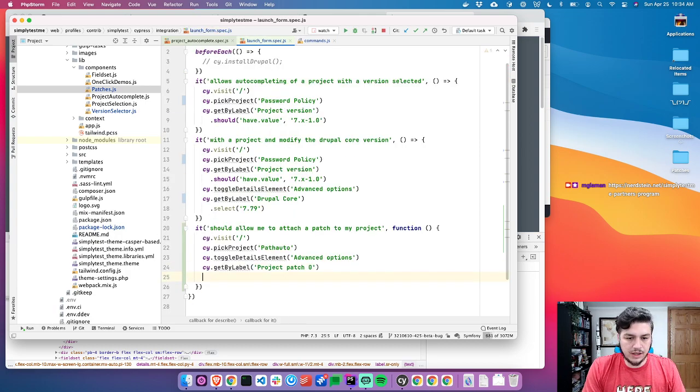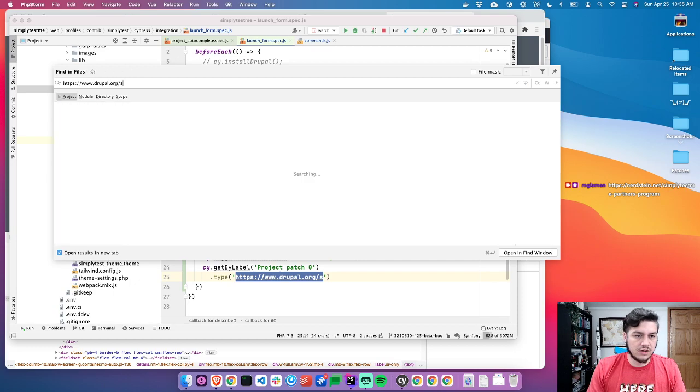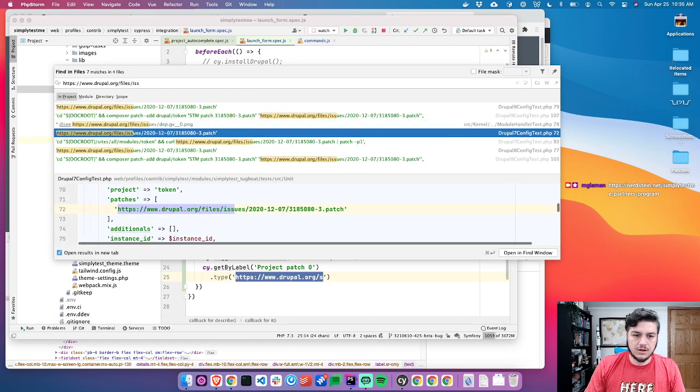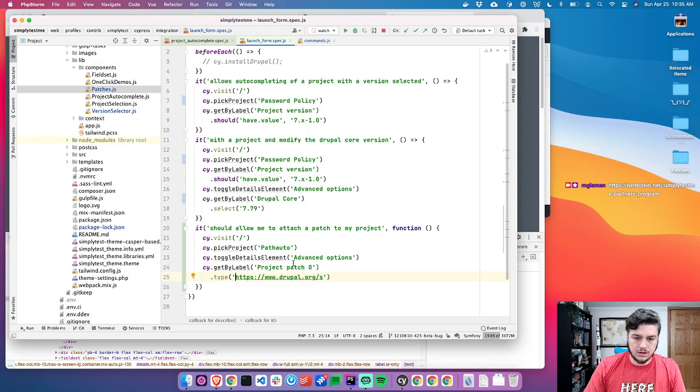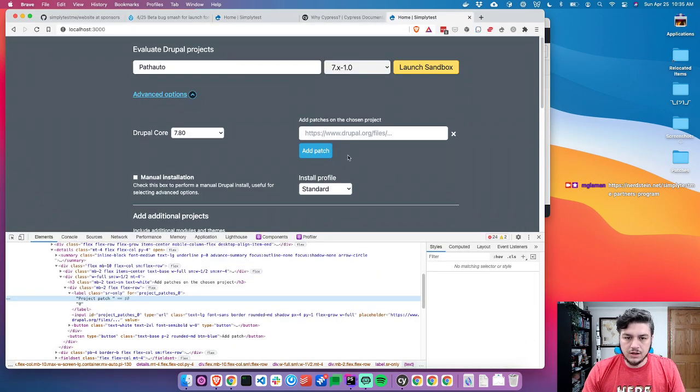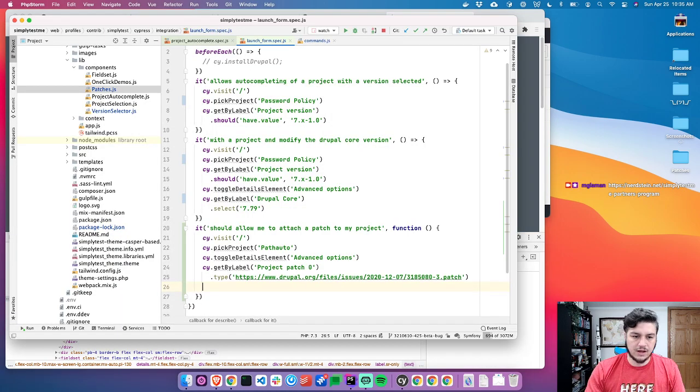So we want to get by label project patch .0, and we want to do .type, and we will say https drupal.org. I think this is in here. Okay, here's a sample URL. And then we'll find cy